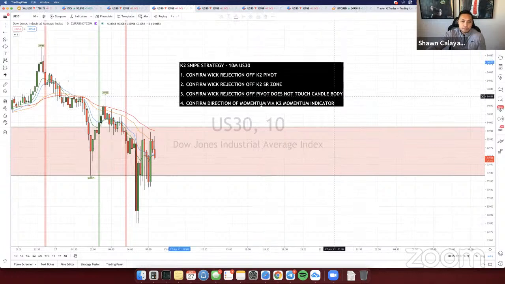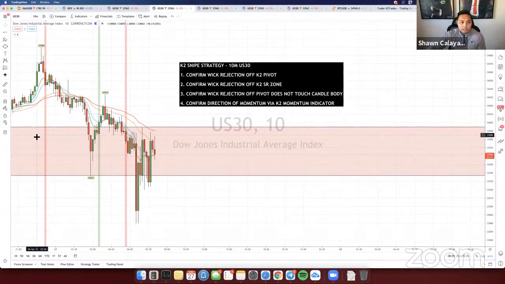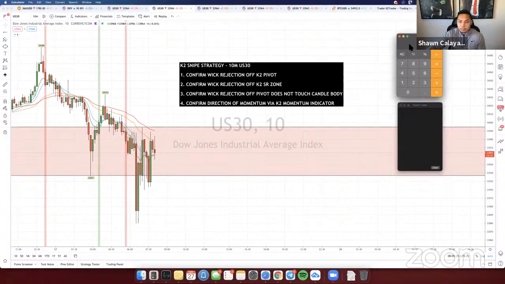Obviously, we always recommend that you use proper risk management. With each trade, you should only be risking about 1%, right? I'm trading a 200K account. That's why I can take big lot sizes. For example, if I'm trading a 200K account and I'm going for like 3% a day, because 1% is too little, there's no point in doing 1%, then I'm going for about 6,000 a day, right? If I'm going for something smaller, 200,000 at 1%, I'm only going for like 2,000 a day, right?